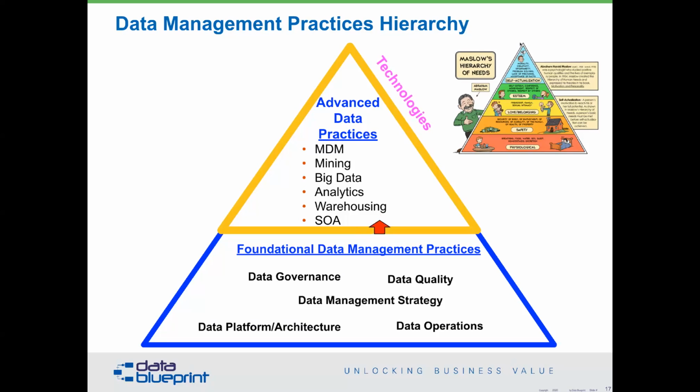The things on the top half of this chart then, the golden circle of data, where everybody wants to be and where everybody wants to write about because it's the cool stuff, are technology-based pieces. The pieces on the bottom half are capability-based pieces. And it is absolutely critical that your organization develop these capabilities in order to be able to better take advantage of the technologies that we have up on the top of this.